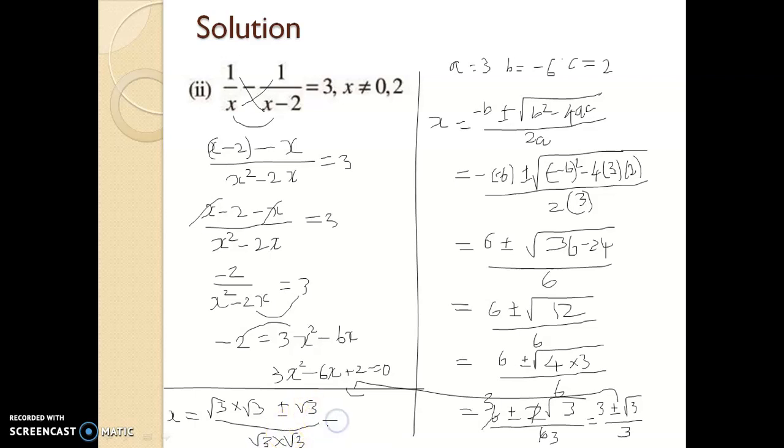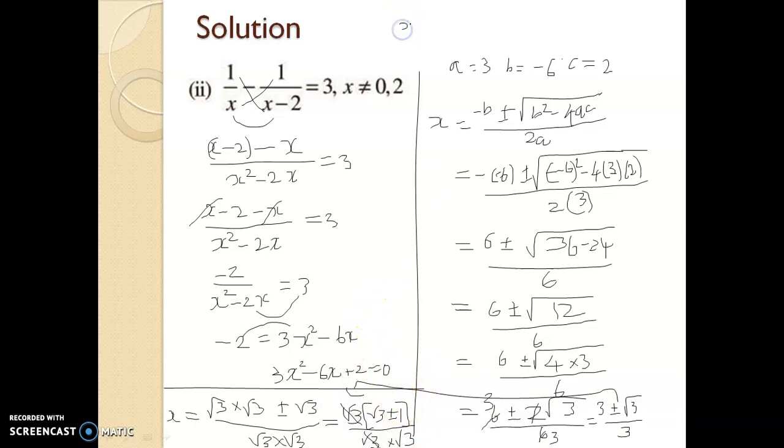So equal to, if you take one of the root 3 out of the numerator, okay, so it will become root 3 plus or minus 1. Okay, that is here 2 root 3s are there. If I take out of the bracket, so here 1 root 3 will come, and here already root 3 is there, it will become 1 now, and whole divided by root 3 into root 3. So we can cancel 1 root 3 here. So 1 root 3, 1 3 get cancelled. So finally we got